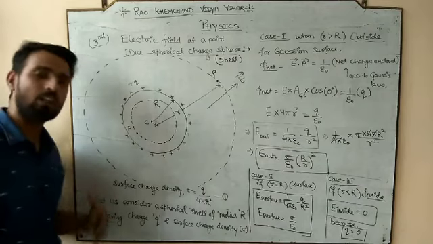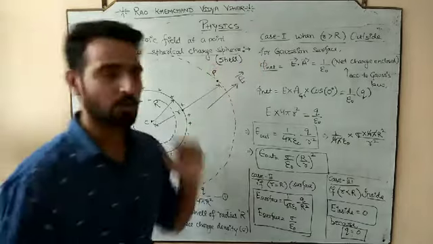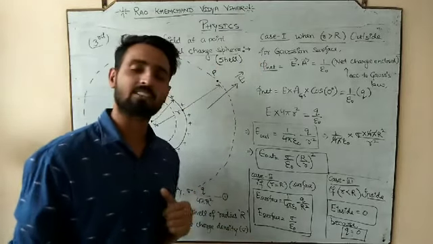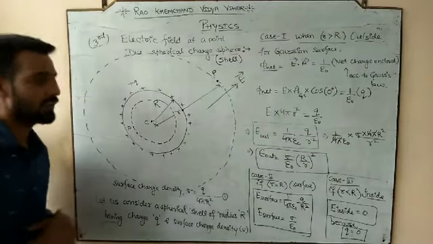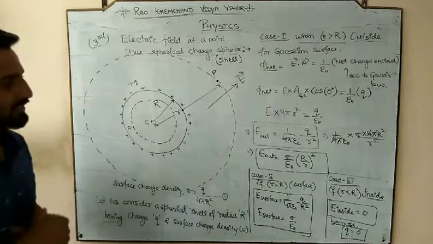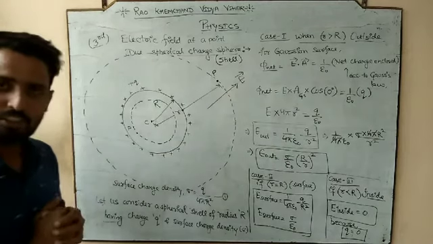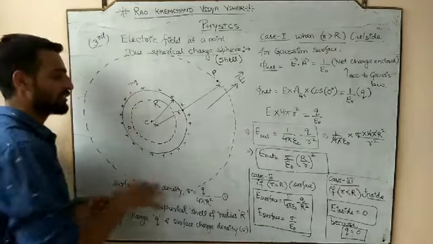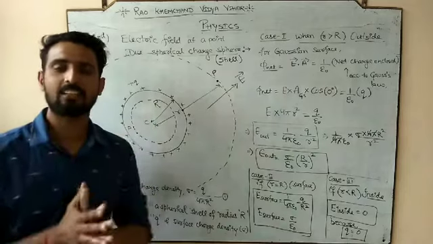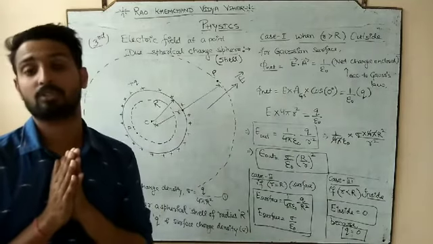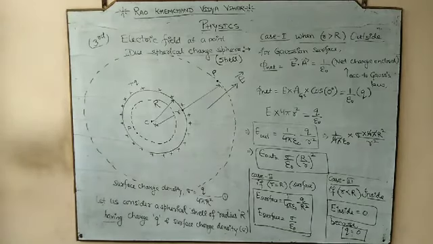But we have done all the three possible cases जो बोर्ड में पूछे जा सकते हैं. He might ask the electric field outside, he might ask on the surface, or he might ask inside. So first of all, please note it down. After this, we will write some conclusions that we got from this derivation, and then we will do the numericals related to the third application, and then, as I discussed, we are going to jump on some Hertz numerical. So first of all, note it down please.